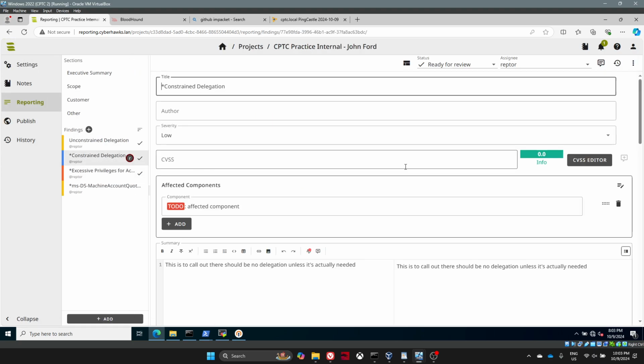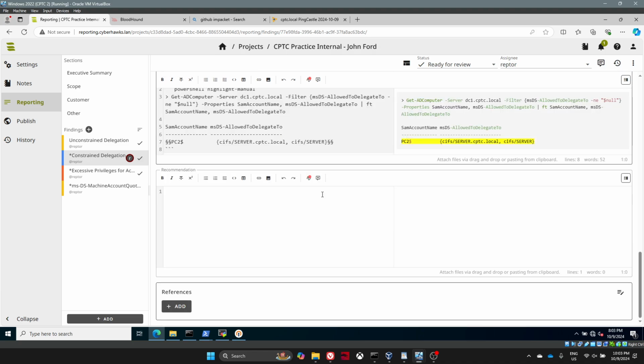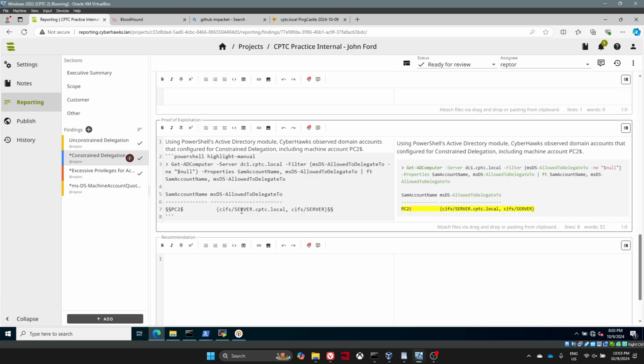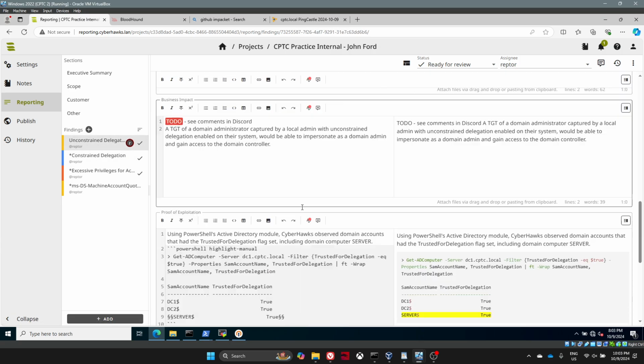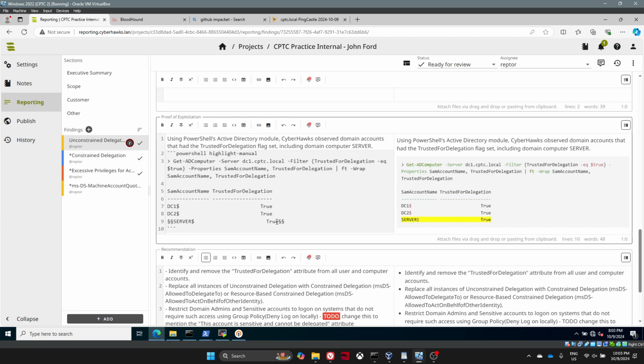We have that PC2 has constrained delegation to server, right? Now server had unconstrained delegation, right? And since server has unconstrained delegation, if we're able to get on server, we can dump the tickets, and for anybody who authed to that server, we can dump the TGTs and then impersonate them, right? Yes. So our goal here is to get on server, and then we'll do an attack that I was supposed